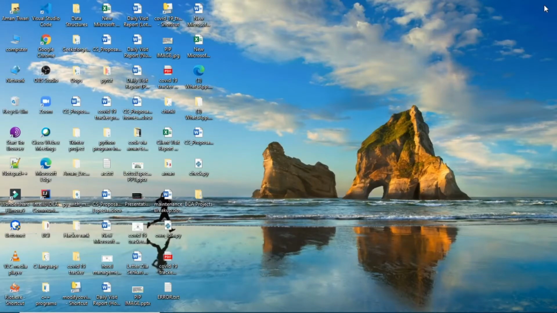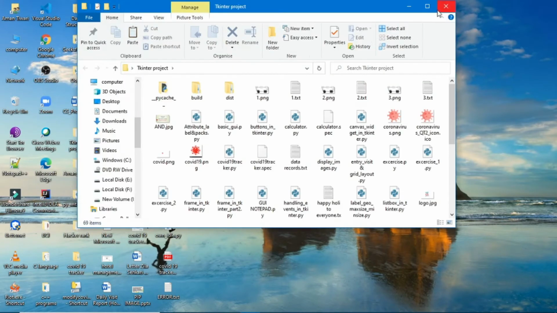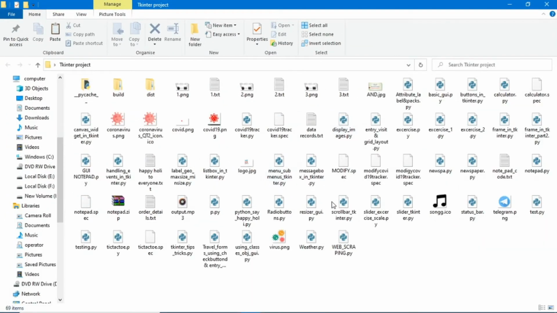Okay guys, now go to the folder where, wait a second guys, here is my Tkinter project, notepad.py. You can see the notepad.py, and here I have already converted it into a .exe software.